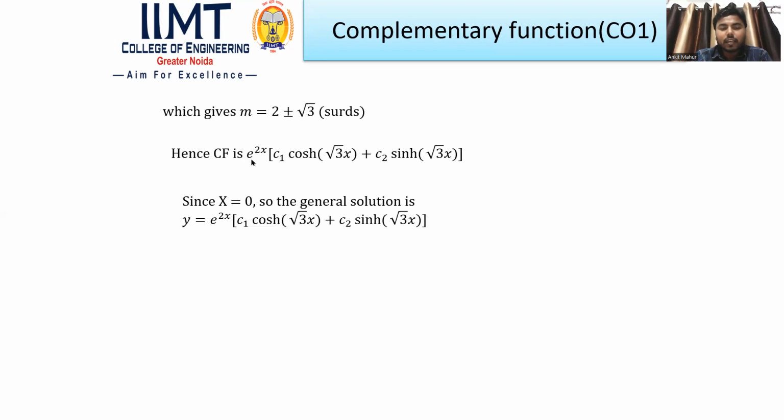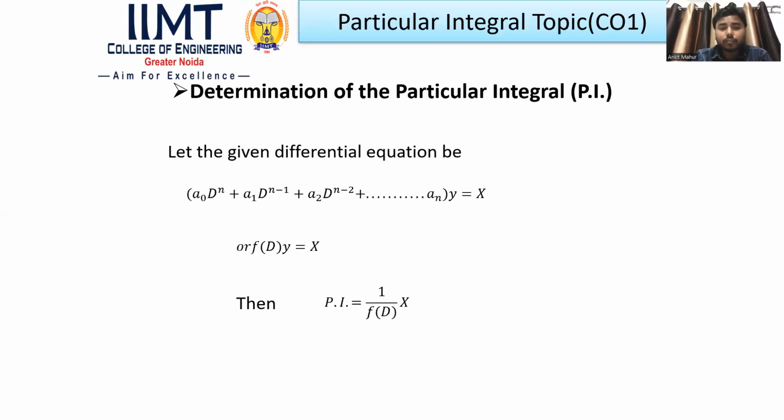Then CF is e power 2x (c1 cos hyperbolic root 3x plus c2 sin hyperbolic root 3x). Since x equals 0, the general solution is y equals e power 2x (c1 cos hyperbolic root 3x plus c2 sin hyperbolic root 3x). So now I am going to discuss